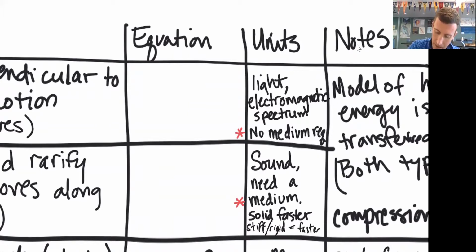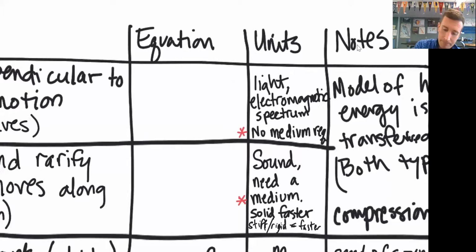A really stiff or rigid material, like aluminum, is not easily bendable. Water would be really not rigid. Air is super not rigid. Look, I move my hand around and it just gets out of the way. So the speed of sound in air is pretty slow compared with the speed of sound through, say, a metal